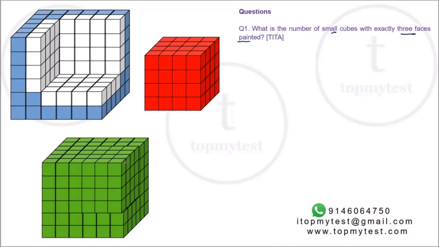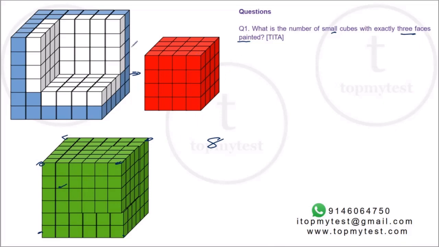3 faces painted will come up only at the corners, right? 3 faces will come only at the corners, that is 8. That is pretty easy to calculate. But here, it is not just the cube. You open it up, paint it again, and then put it back, right? So when you put the cube back onto the original large cube again, and then paint it, you are not going to get any additional painted surfaces, because the number of surfaces exposed here is going to be lesser than the number of surfaces exposed in these two, because this surface will no longer be painted. It will come up here, it will no longer be painted, right?